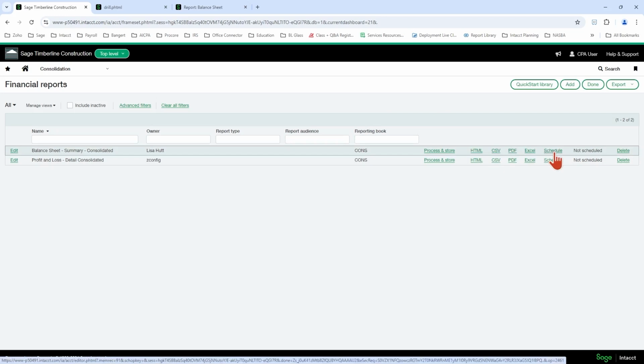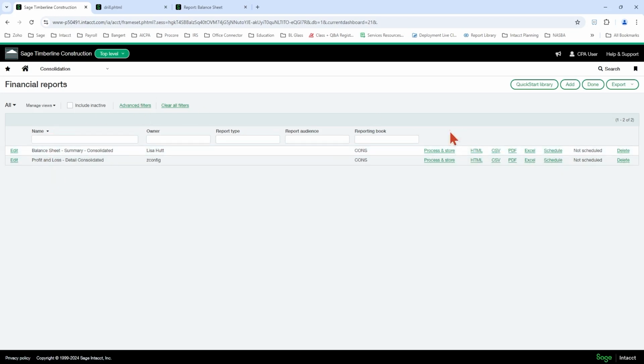Okay. Remember too, you can automatically email these out. You can dump your financials to a OneDrive folder and schedule those out to be dumped out. You can do report groups and schedule them out so that my balance sheet and my profit and loss here is in a report group scheduled to go out via email or to my OneDrive folder on the 15th of the month. So there's different things you can do in the system to run your financial reports and reports in general and schedule them and make the automation of Intact very useful for you.